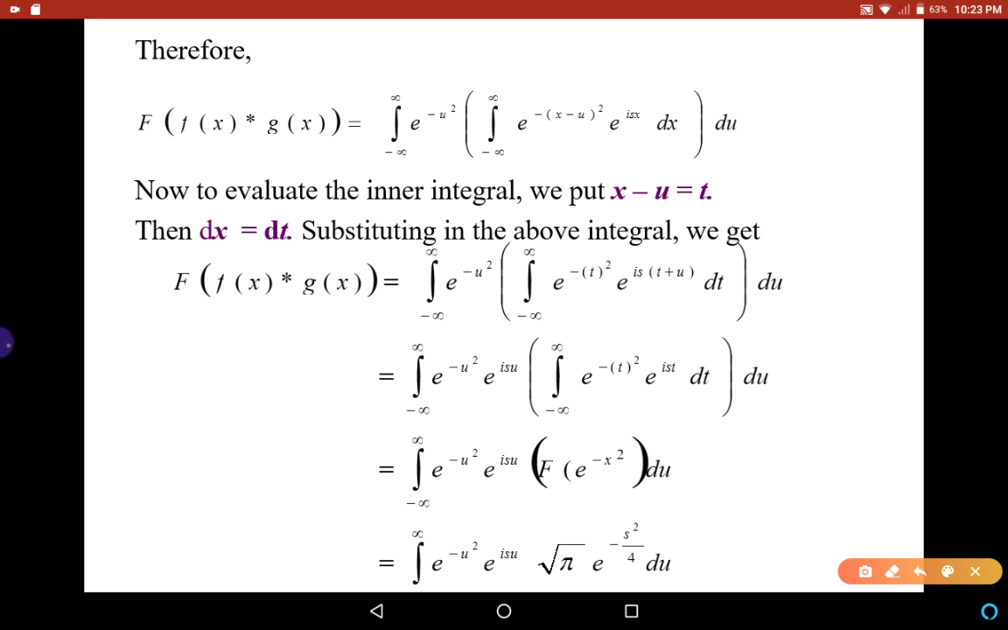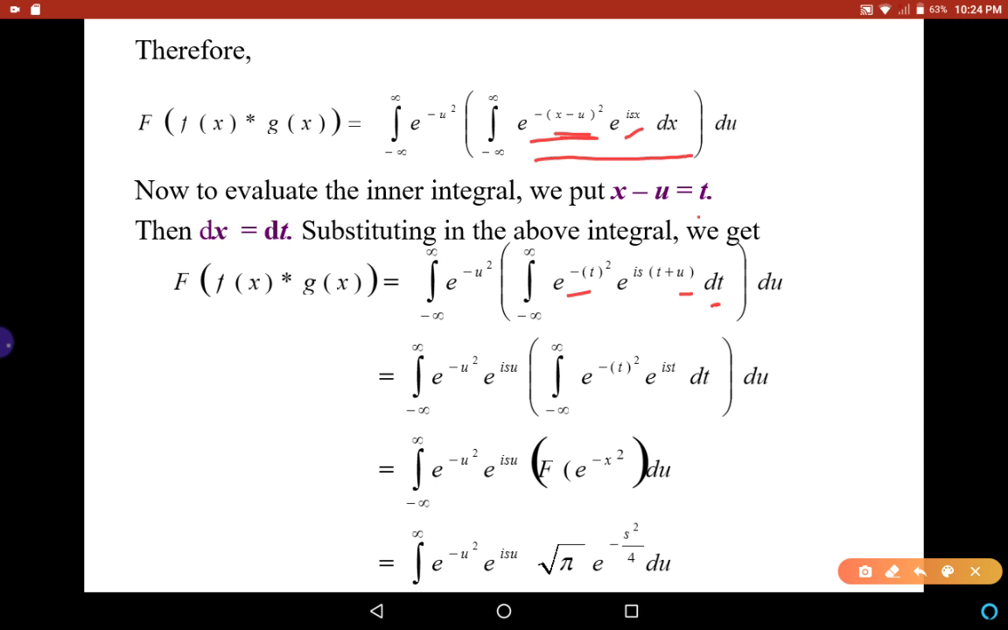Now to evaluate this inner integral, we substitute x minus u is equal to t. And upon differentiating both sides, we get dx is equal to dt. Now substituting in the inner integral, we get integral minus infinity to infinity e power minus u square into integral minus infinity to infinity e power minus, in place of x minus u, we write t here, so t square, into e power is into, in place of x in this integral, we write t plus u, and dx is dt du. That is equal to